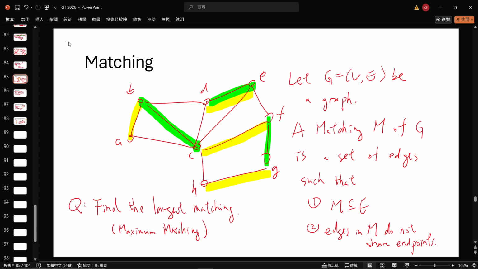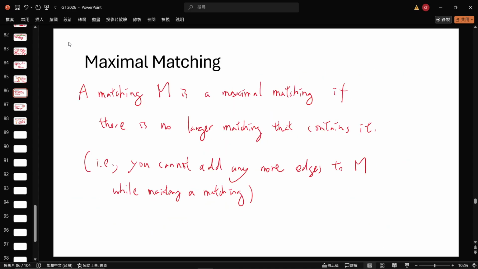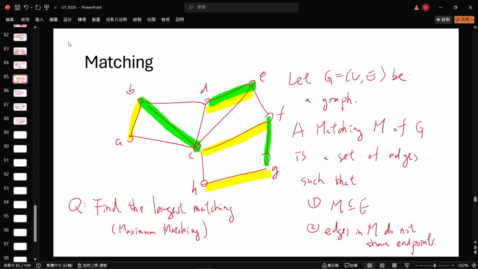The last time when we discussed this problem, we considered a much simpler problem. In this problem, all you have to do is find a maximal matching. Whenever you see maximal, it's like a local maximum. A maximal matching is a matching, like this green one, where you cannot add any more edges to it. Consider this green matching. For example, you cannot add this edge,